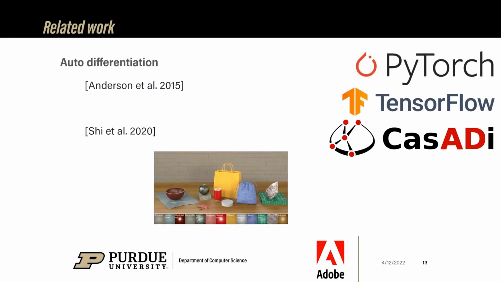The third category of related work is auto-differentiation. Our system uses Casadi, but PyTorch and TensorFlow are also frameworks that are extensively used for auto-differentiation of neural networks, for example. The second paper, Match, is methods that can automatically convert a photo to a procedural material graph using auto-differentiation. Our method extends this concept to a general procedural node graph generating 3D geometry and combines it with interactive manipulation.